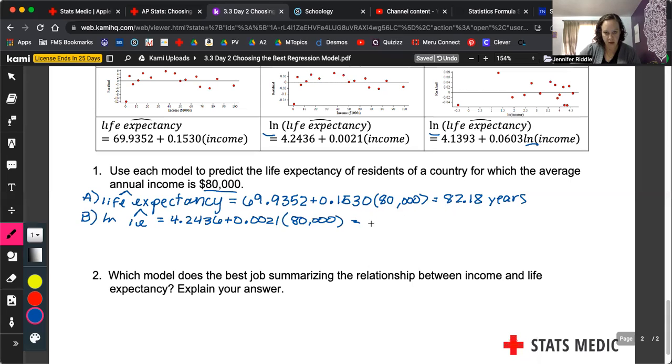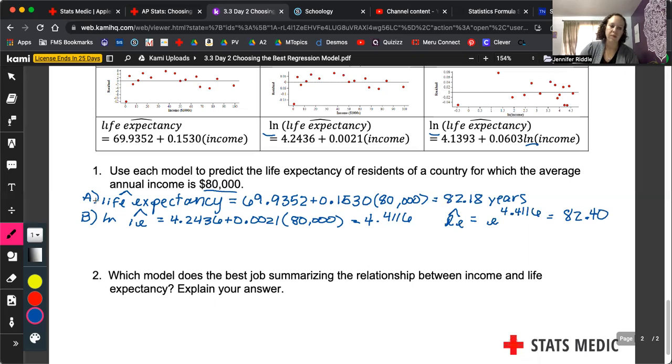So the answer I get when I put 4.24 plus 0.0021 times 80,000 into my calculator is 4.4116. But I need to convert this into just the predicted life expectancy, not the natural log of the life expectancy. So I need to do e to the 4.4116,